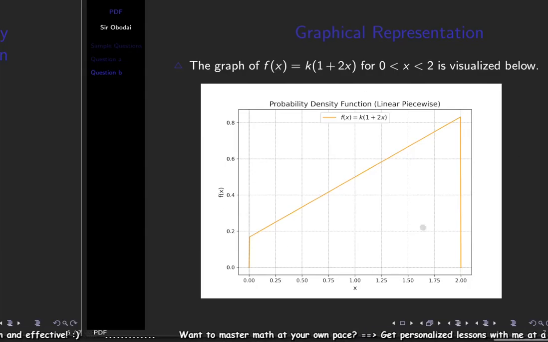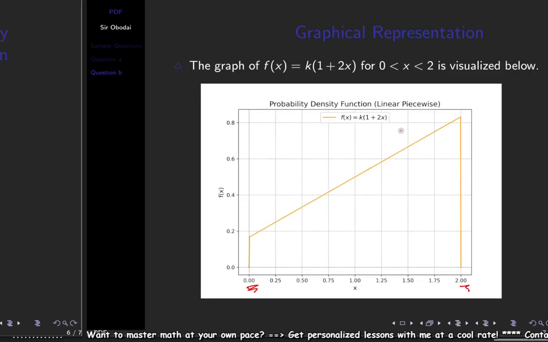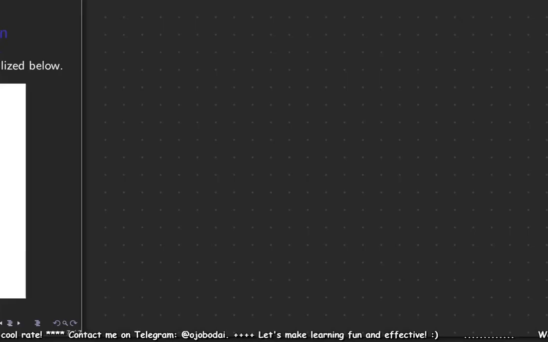Alright, so this is just a visual one where we know our limits are from what? 0. So our limits are from 0 to what? 2. This is the function. So it's actually a very, very linear function. Now let's quickly go into it. So we know our given function, f of x,